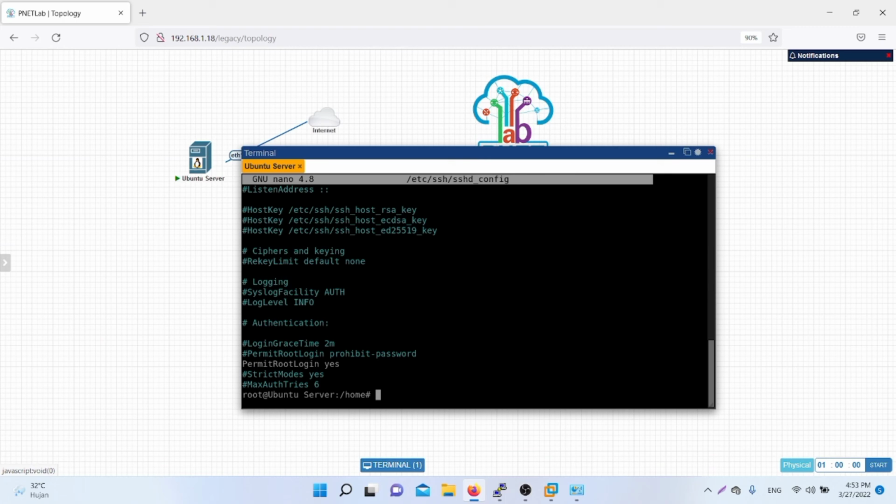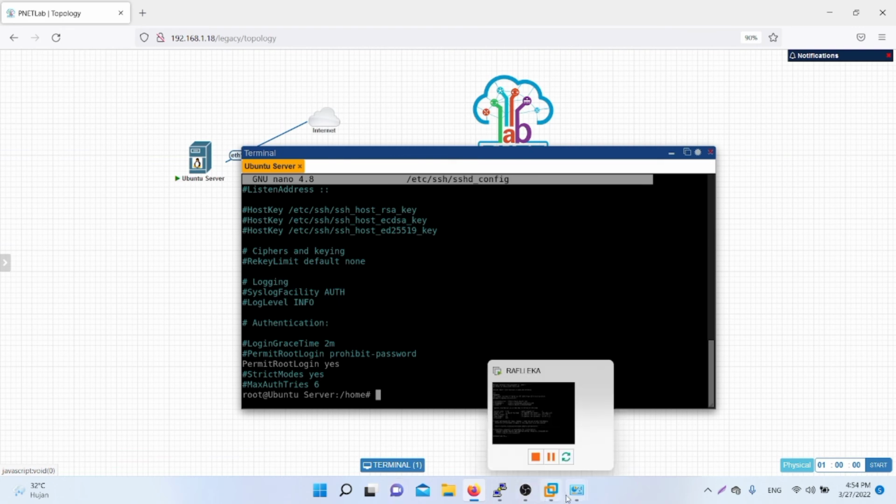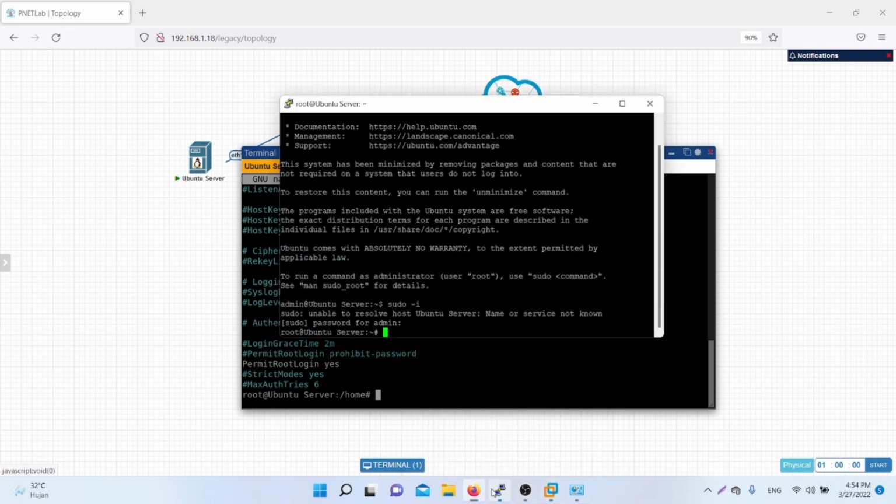The next step, we must go to root, the sudo password, the password of root. We must change or create the password for user root.